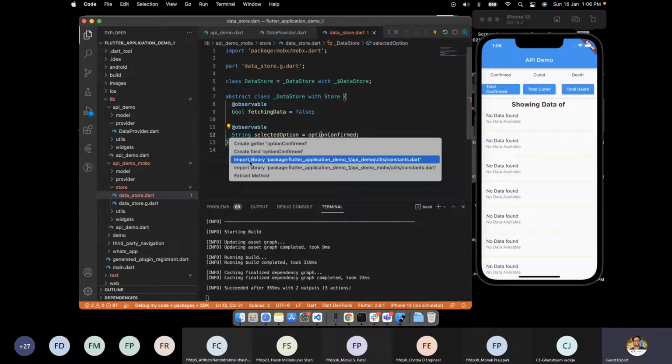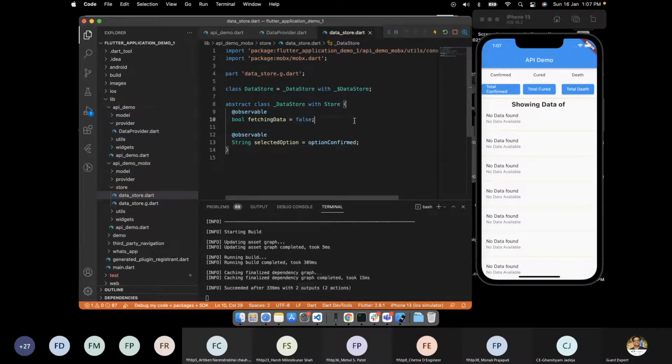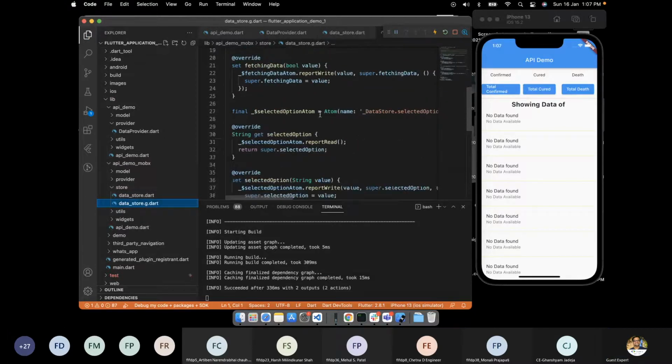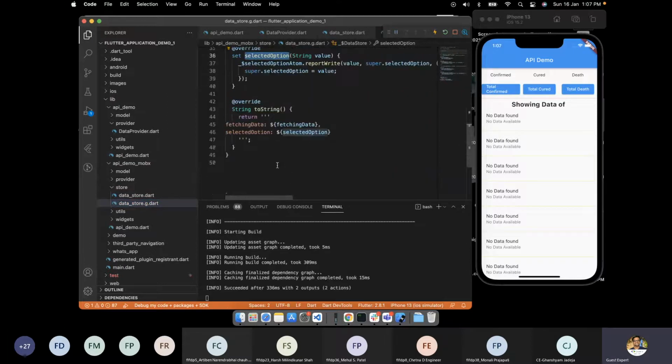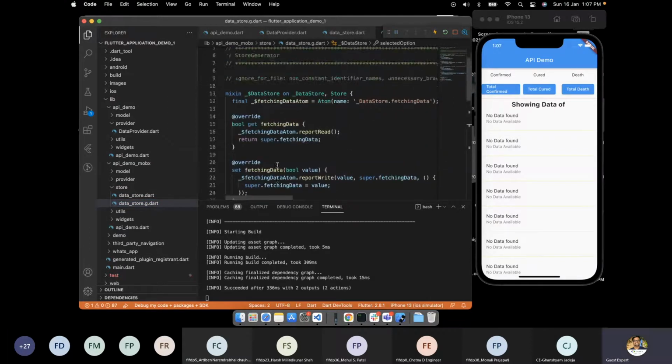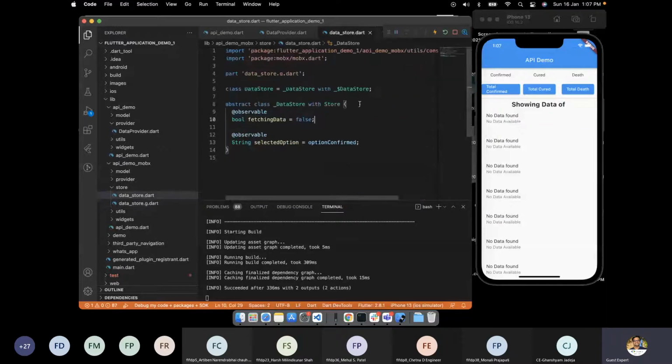I import this from the constant. And if we go to the store.g file, it has created selectedOption again. We don't care about what the .g file contains, so we won't look at it. So now we have two observables.